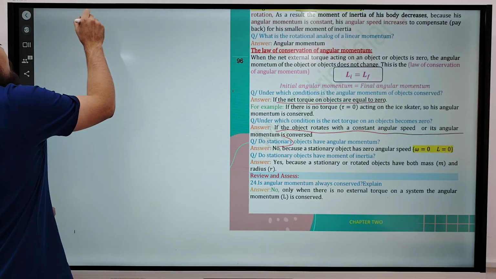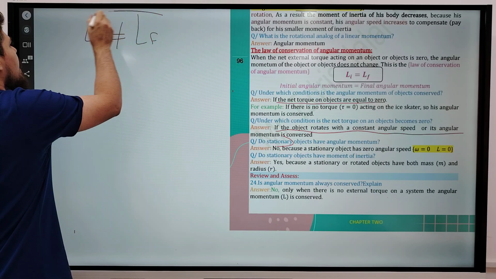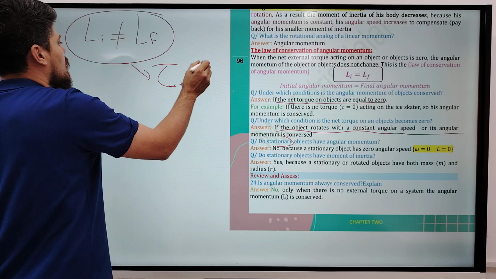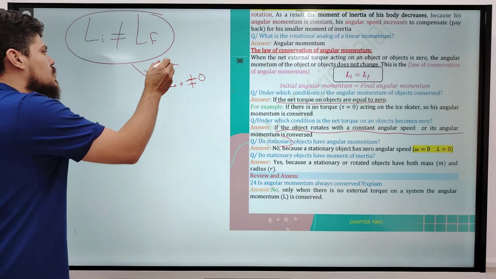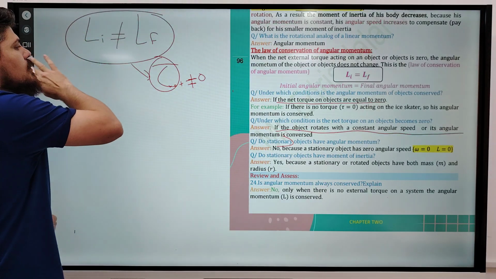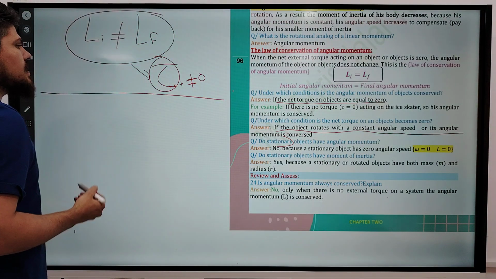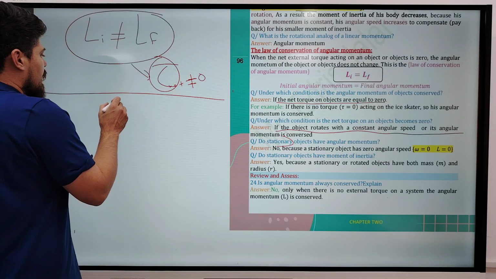For example, for the ice skater, L initial is not equal to L final if the net torque acting on the object is not equal to 0. In the presence of torque, the angular momentum can never be conserved. This is the first case. The second case, even in the absence of torque,